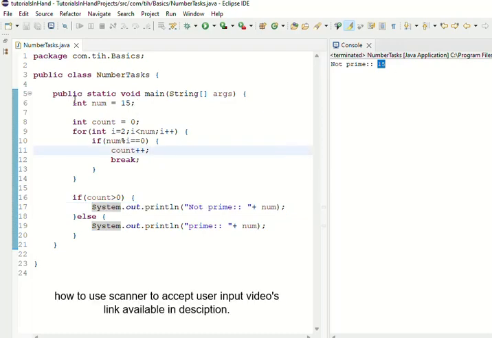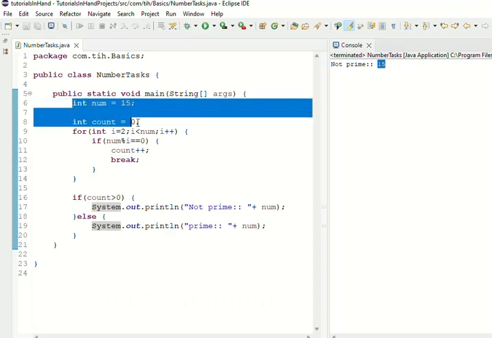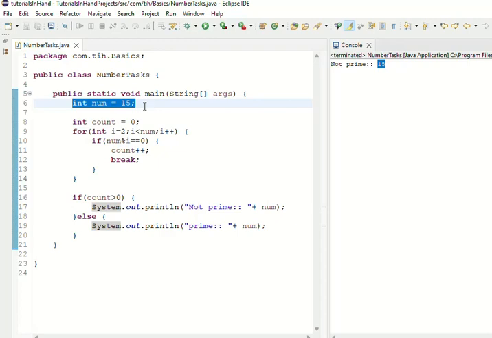So you can check for any number. You can make it more interesting by using scanner and allow the user to input the number. We have already shown you the way how you can accept the user input. If you want that video, you can check in the description section, you will get that. And try to make it more interesting by taking a scanner and asking the user to input a number of his choice, so that you can give the prediction for any number without hard coding this value yourself, right? So this will be more interesting.